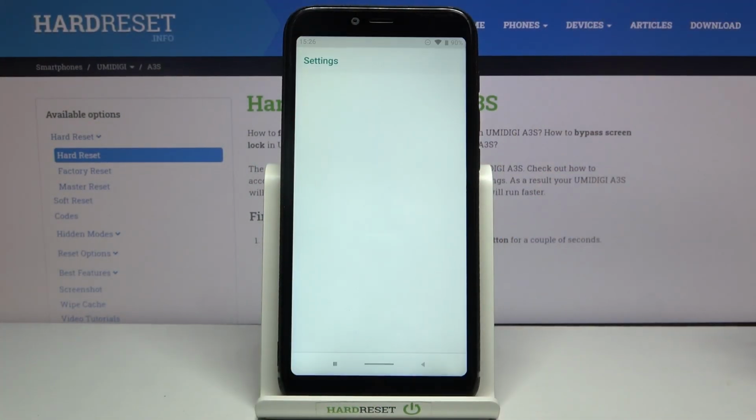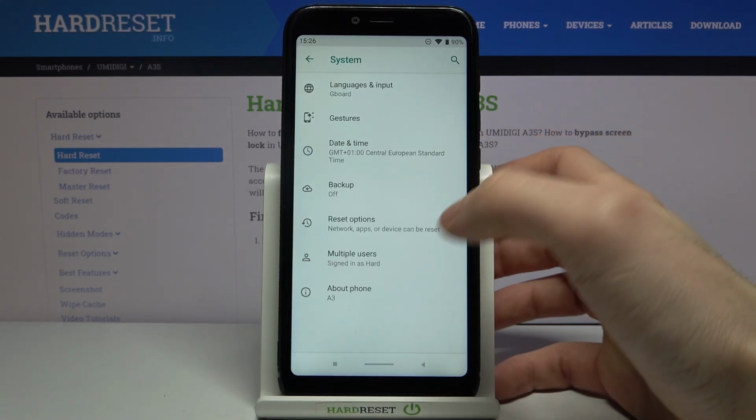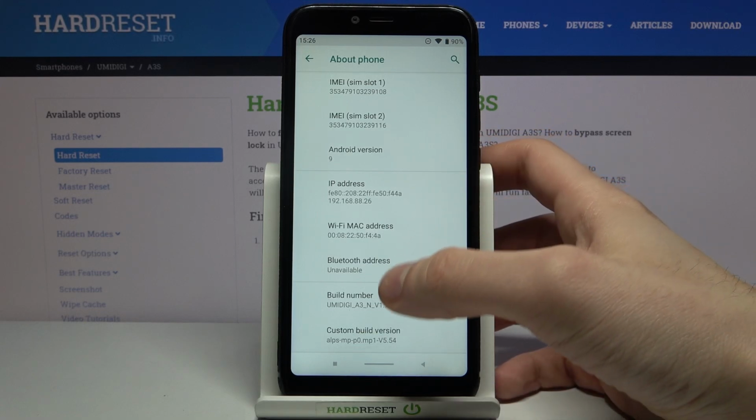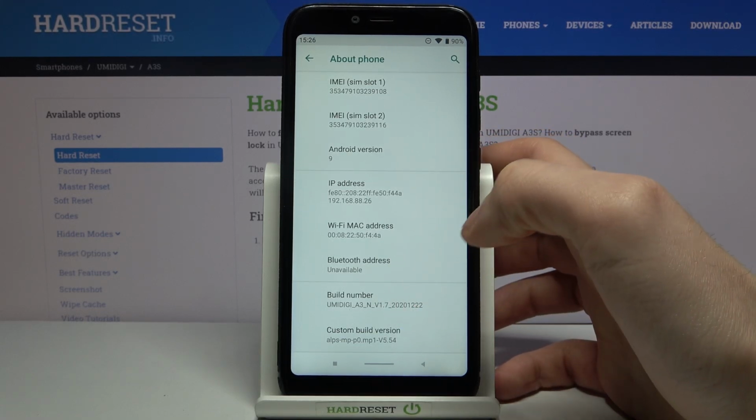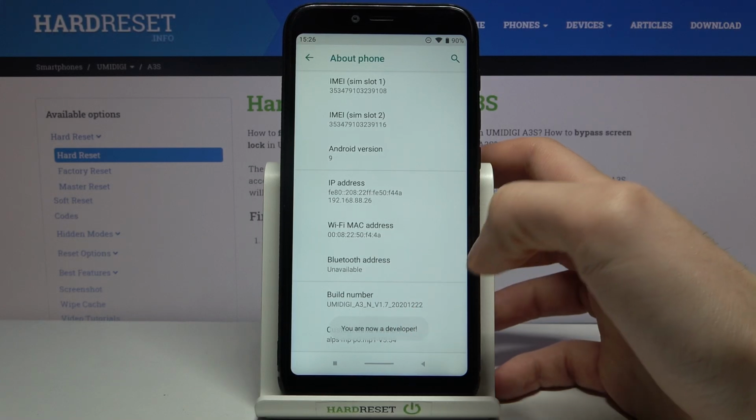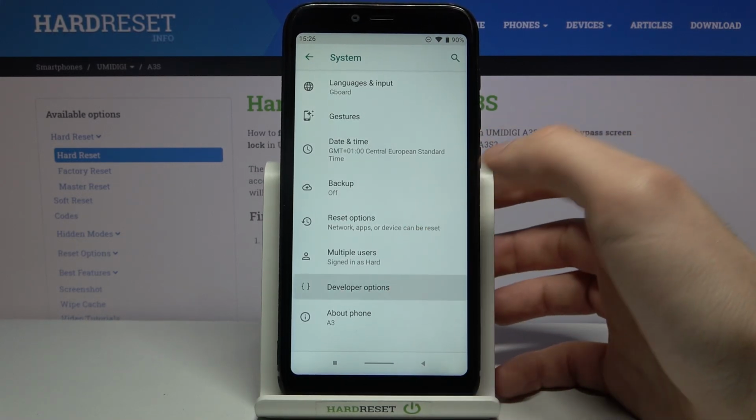So first of all, you have to open settings, then enter the system section, go to advanced, then go to the about phone section, and here you have to find the line build number and tap on it several times with your finger until you get the message you are now a developer. And now you can find your developer options here